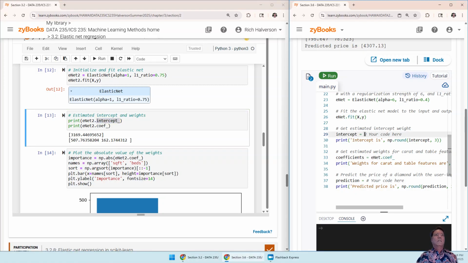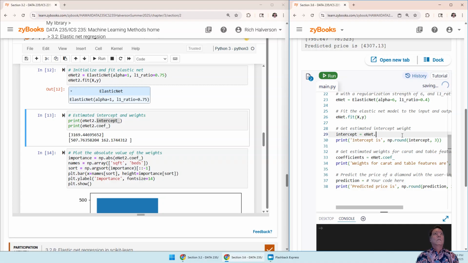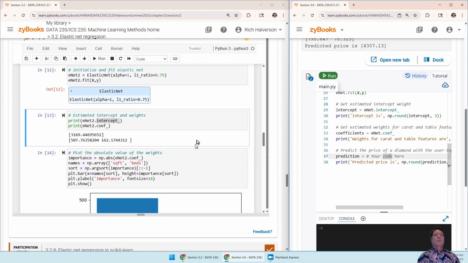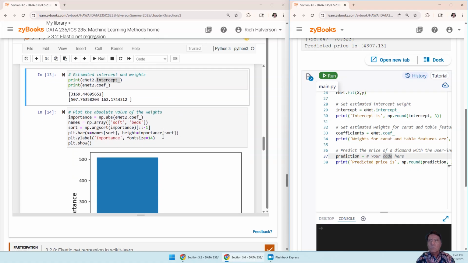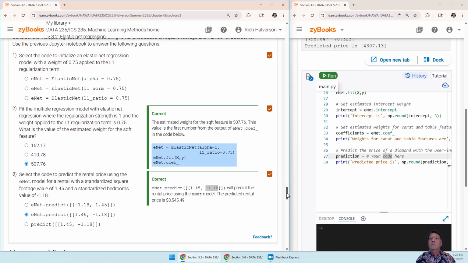Oh, I need the ENet. ENet fit. Oh, no. Oh, intercept. Okay, so that's the intercept. Get the intercept weight. And then here it's the coefficient. Did I put that there already? And then here we want the prediction, and that's predict. Let's see. Oh, yeah, prediction. That's this down here. Prediction. Okay. So anyway, it's predict,